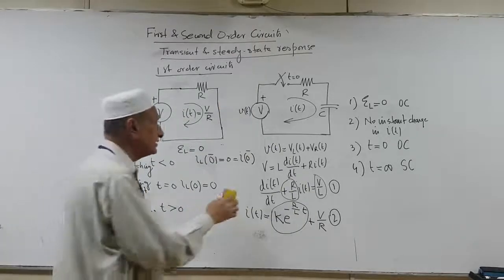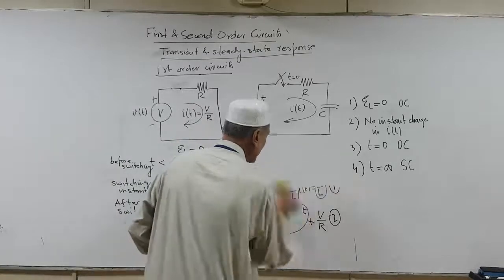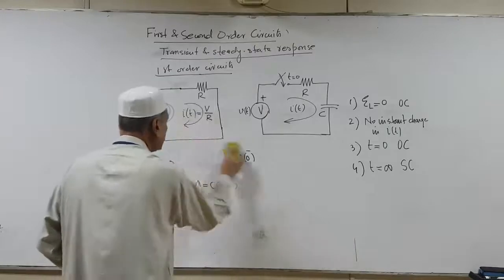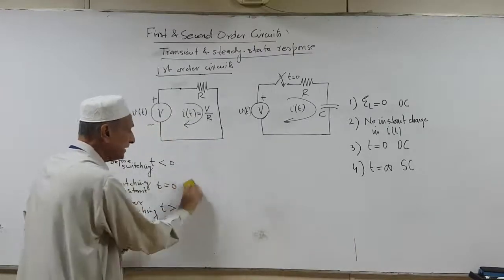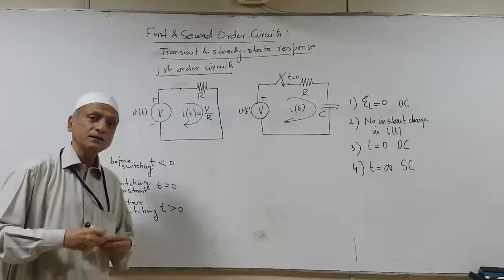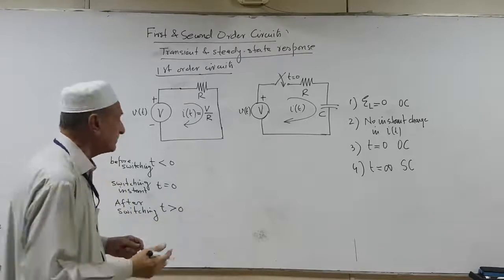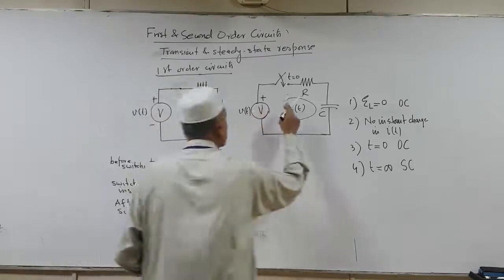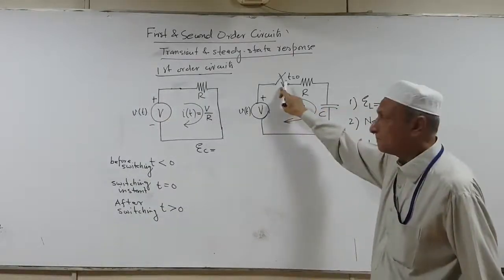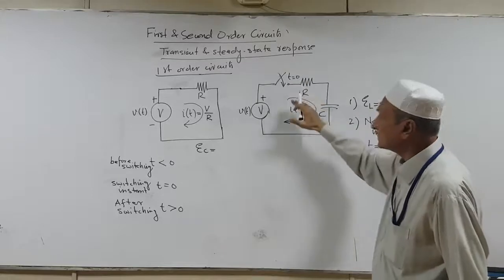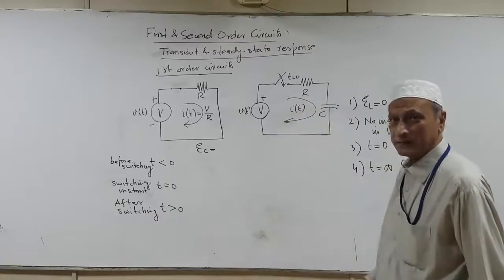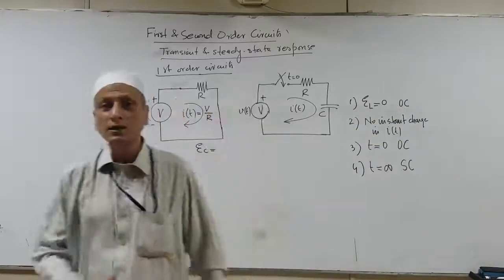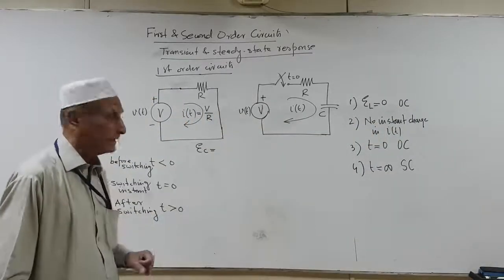Now let's come to the RC circuit. For the RC circuit, we will be referring to the electric field energy stored in the capacitor. To start with, we consider this circuit in which the switch is open, and on closing the switch we are expecting a current i(t). Again, the combination is a series combination connected to a DC source V.